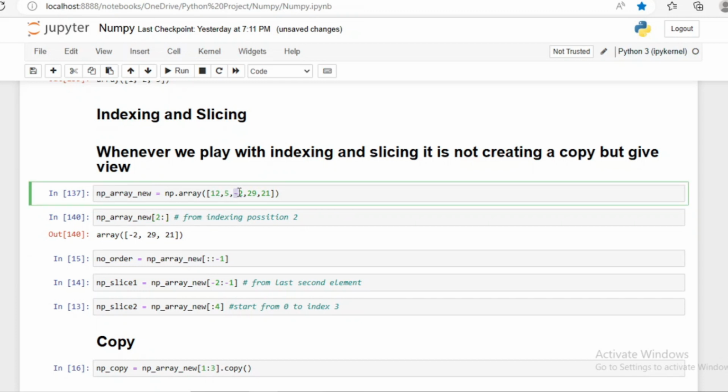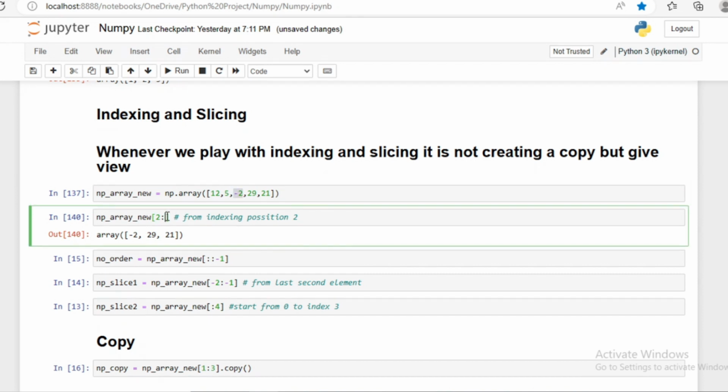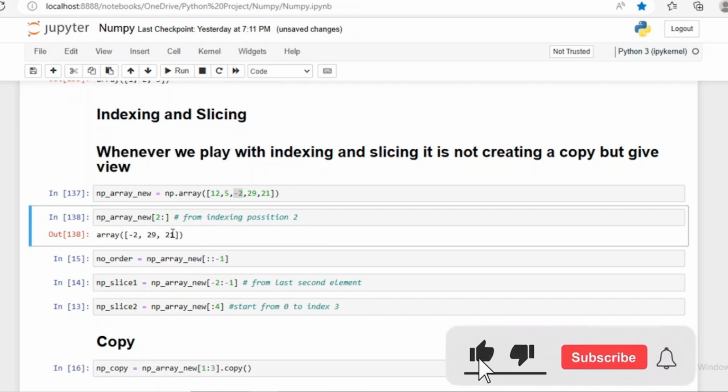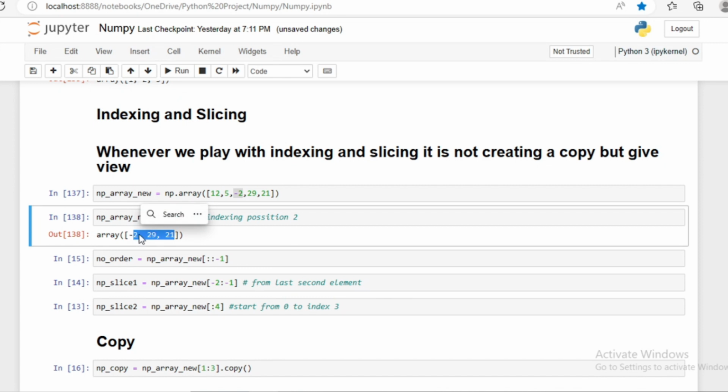So index position 2 is -2 and I have passed nothing post colon. So I need everything from index position number 2. It will give me the numbers -2, 29 and 21. You can see here, starting from 2 I need everything, so I did not pass anything. If I pass, let's say, starting from 2 I need one number, 29, so I can pass 2